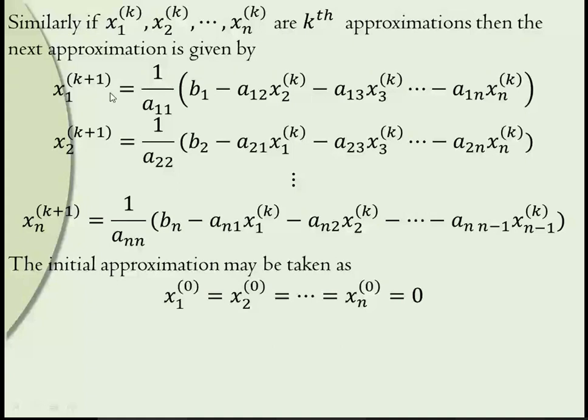And for choosing the equations, take the first equation such that the coefficient of x1 is the largest among all the other coefficients. Take the second equation such that the coefficient of x2 is the largest among the rest of the equations. Like that, choose them such that the diagonal elements have the maximum magnitude compared to the other variables. Making use of that, we can get the answer quite easily. So we'll take the problem, then you will understand how to use this method.